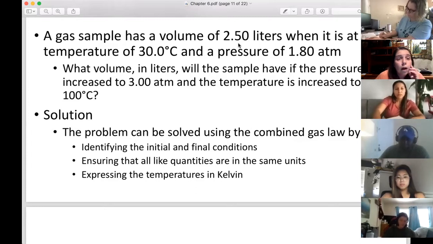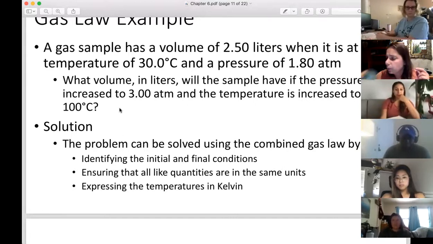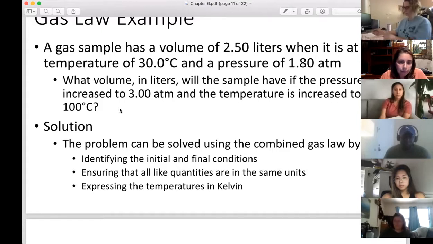What volume in liters will the sample have if the pressure is increased to 3 atmospheres and the temperature is increased to 100 degrees Celsius? So a couple of important things that we need to talk about here. As you'll read in your textbook, when we have gas laws of any kind, we have to remember that if I'm given a temperature not in Kelvin, I'm going to have to put it in Kelvin. The first reason we need to do this is because